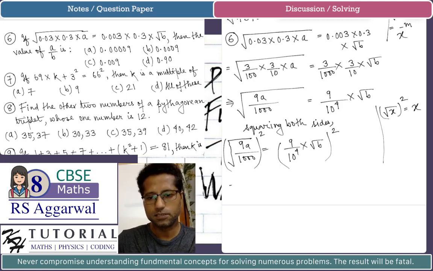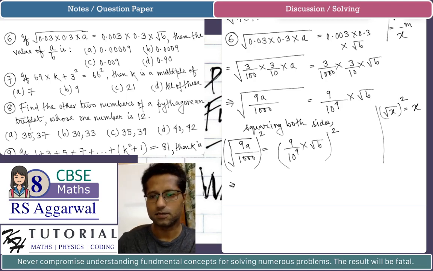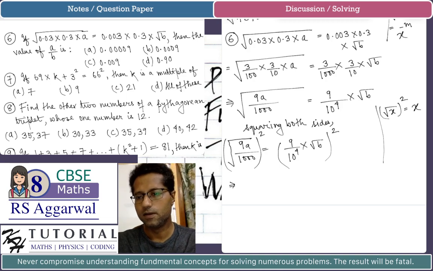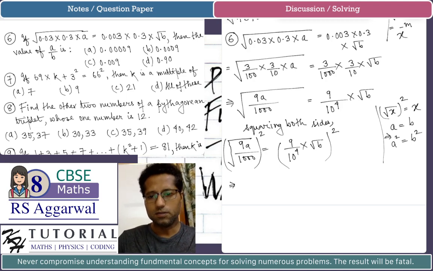Okay, I just squared both the sides of the equality. I squared LHS and RHS, and equality will remain same. We can always do that, because if we have A equals to B, we can always have A square equal to B square. Now the left hand side will be 9a by 100,000,